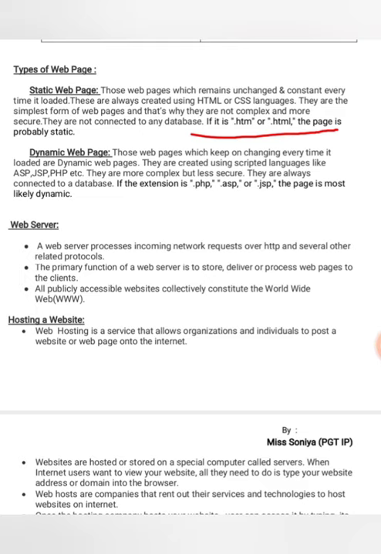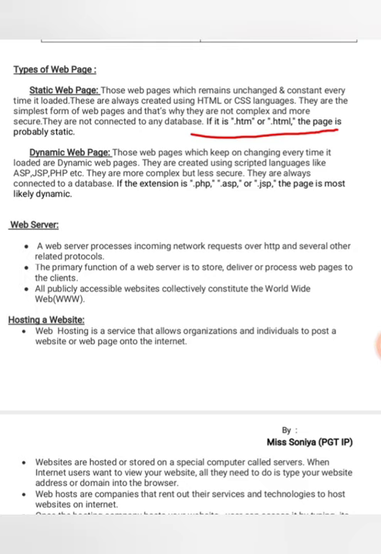Now the next topic, dynamic. As the name suggests, dynamic means which keeps on changing, which is variable. So dynamic web pages are like that. They will change their data as per the geographical location, the user's entry, or the time as well. Like Facebook, or your weather forecasting apps, they will show different data at different geographical locations and different times. Facebook will change its data as per the login entries. It will provide a different interface to one user and a different interface to another user. So these types of web pages are known as dynamic web pages.